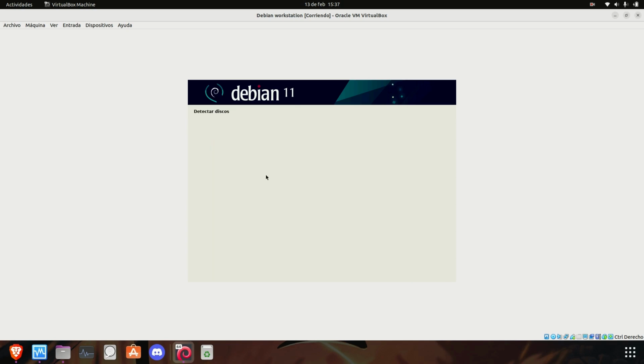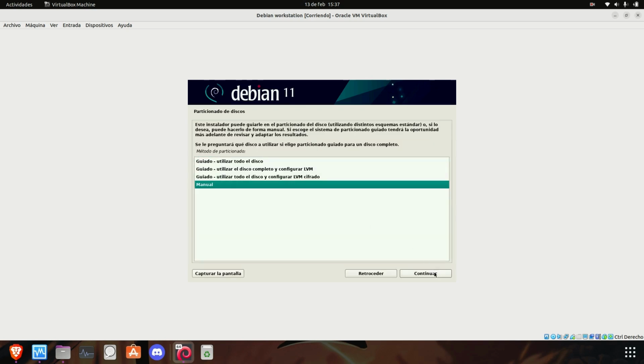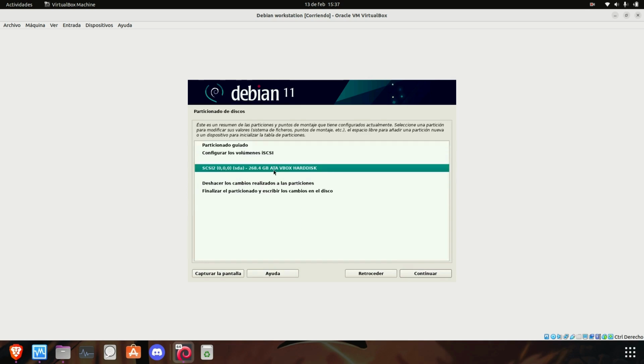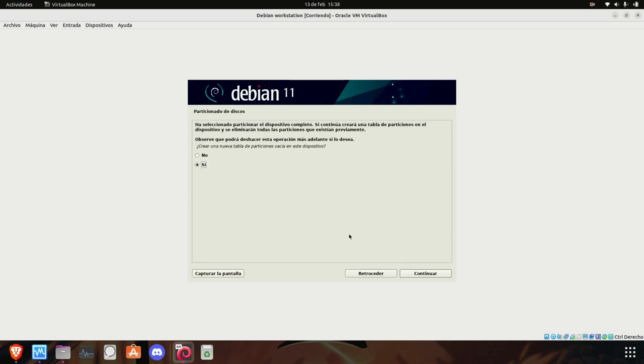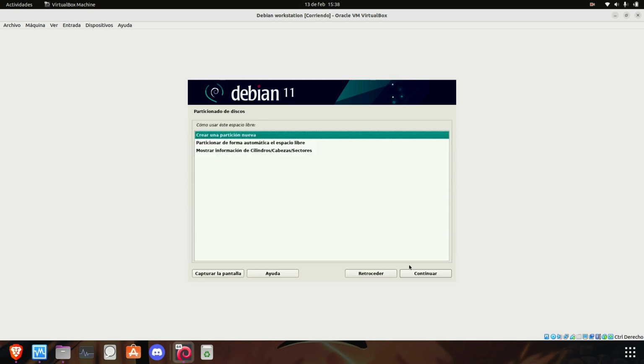In the installer, I'm going to select manual configuration for the disks. I'm going to select the hard disk. I'm going to select yes, next, and the free space. I'm going to create a new partition,